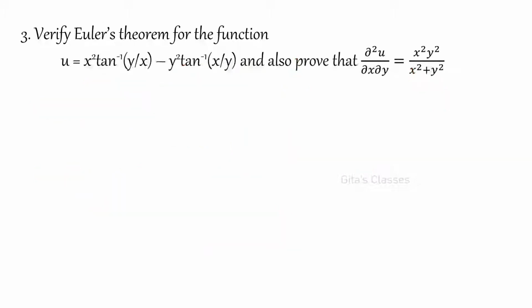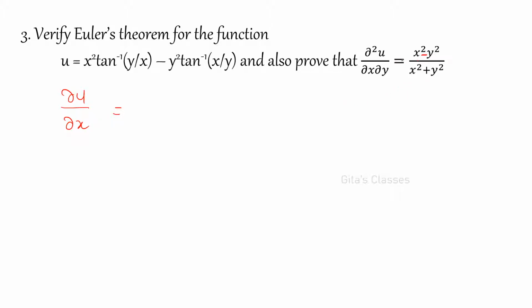It is enough. Now verify Euler's theorem for the function u is equal to, the same thing we have done in the previous class, that is the partial differentiation introduction class. I have done the same problem. So what I am going to do is, I'll just write what is dou u by dou x. I am not going to derive everything. You can just verify. If you have any doubt, you can see that video. Okay. So now what is dou u by dou x is equal to, even this we have done, dou squared u by dou x dou y is equal to x squared minus y squared by x squared plus y squared.